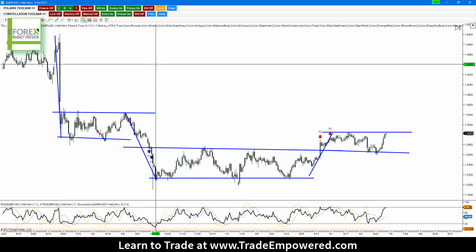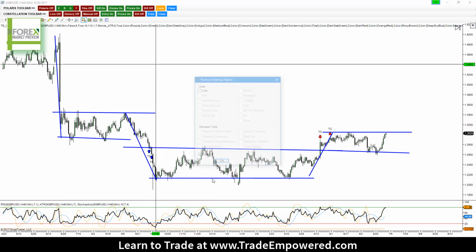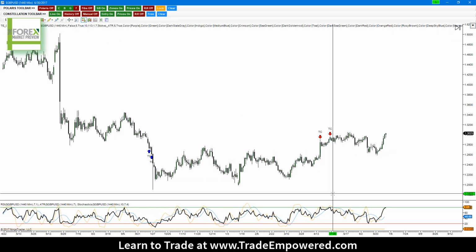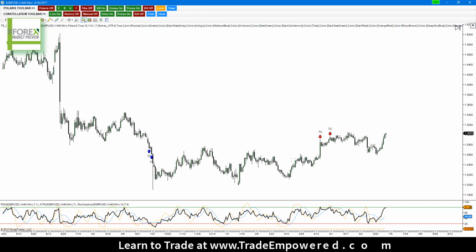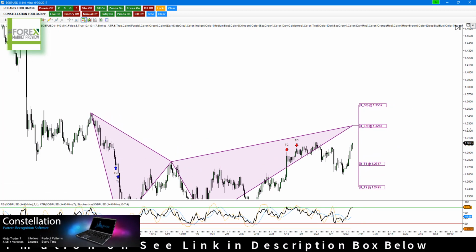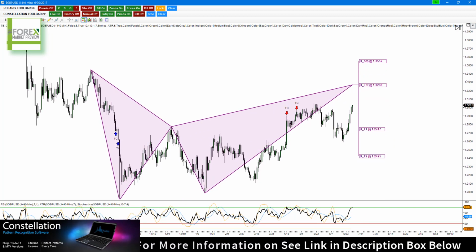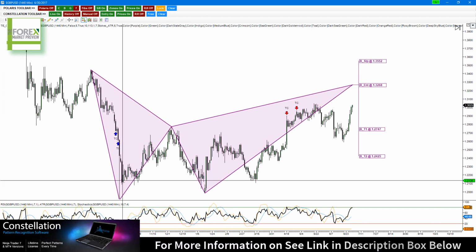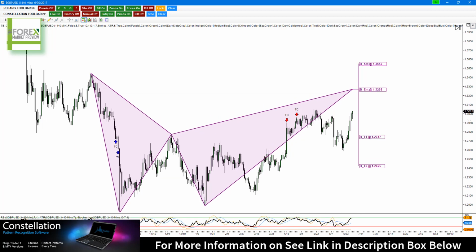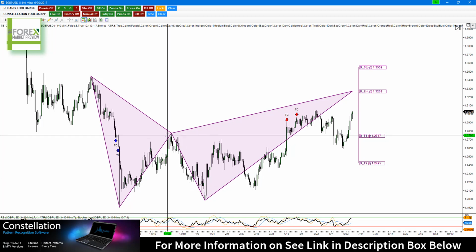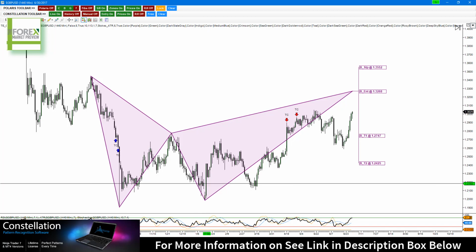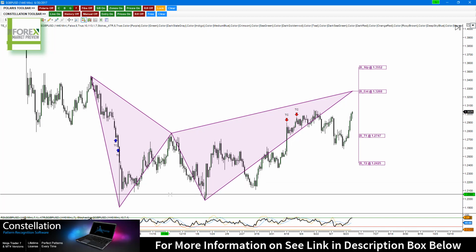Now, if we take a look at these moves, and let's just delete it for a second here. I'm going to go up to my Constellation toolbar, click live, and you'll see, any second now, there we go. We'll see that we have a potential bearish bat formation forming in this level. This initial move from our consolidation lower is going to be our X to A move, the initial impulse leg of our pattern formation. Our retracement is going to be our B leg, so X to A to B. This move right back down to previous structure, essentially giving us a double bottom here.